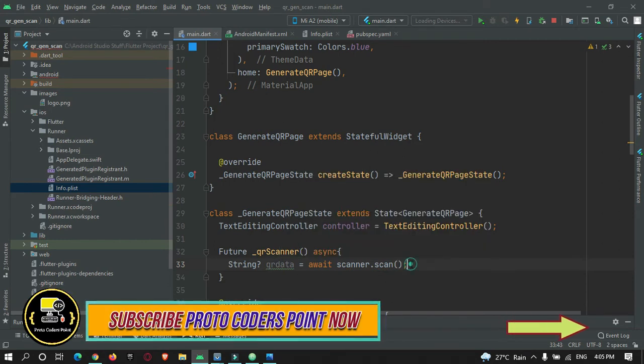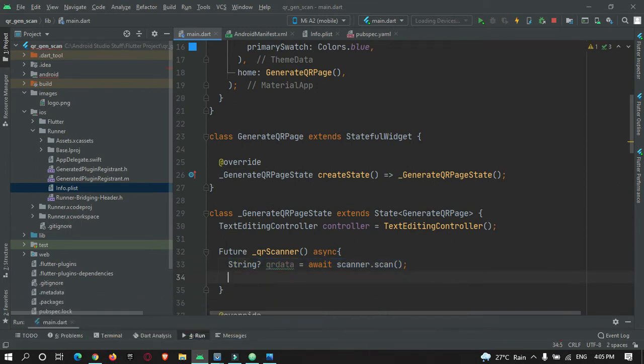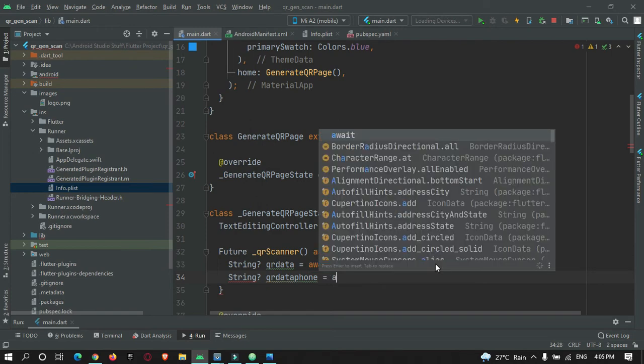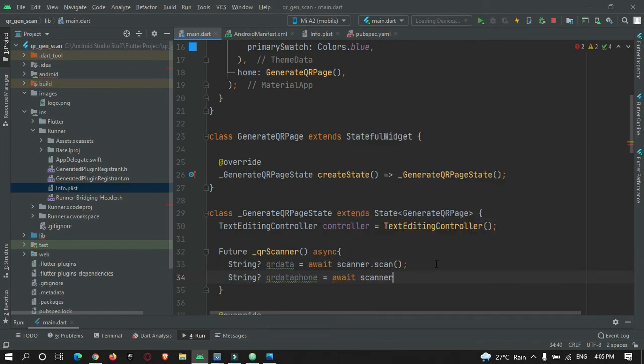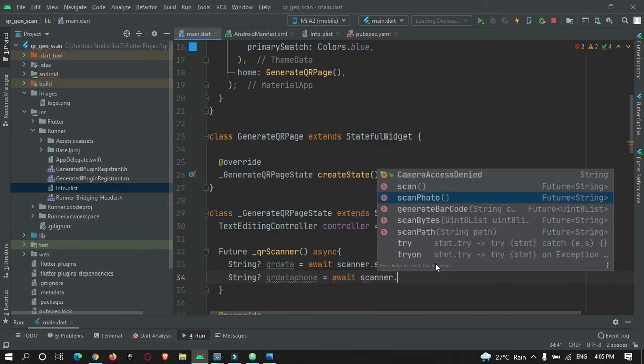If you have a barcode or a QR code in your mobile as a photo, you can scan that too. For that we can simply make use of String qrDataPhoto is equal to await scanner.photo.